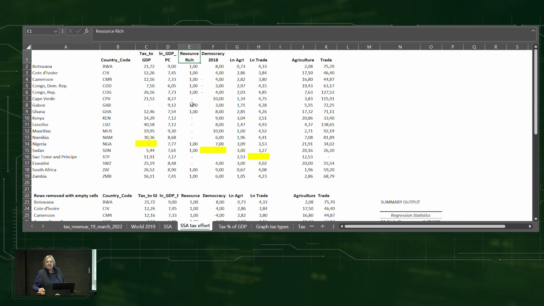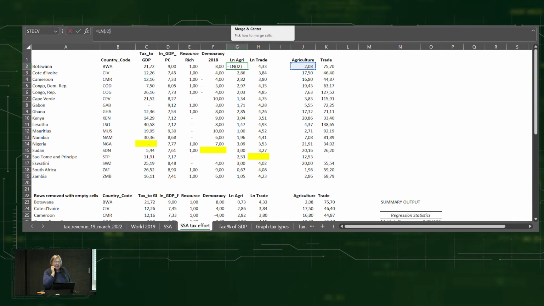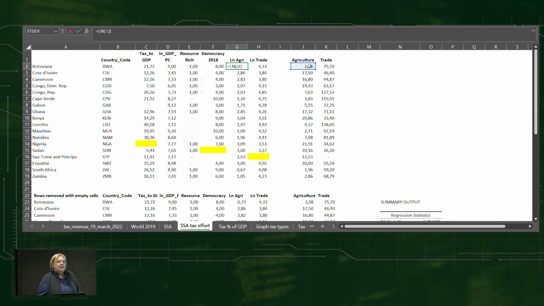It's a 1 if it's yes, and a 0 if it's no. And then you're also going to have a democracy. I think they took the democracy in a specific year, 2018 in this case. And then they're going to take the log of your agriculture sector, the log of your trade sector, and I've just added the two numbers here. There you can see how the log is calculated. So just take the nominal amount and put the LN in front, and then you can calculate the log of agriculture,